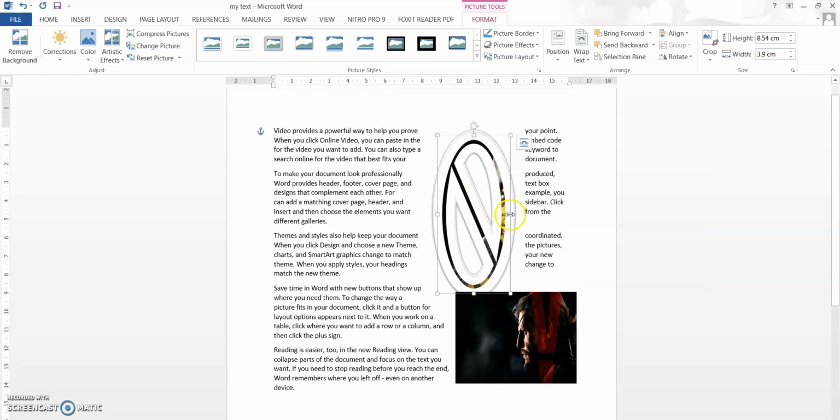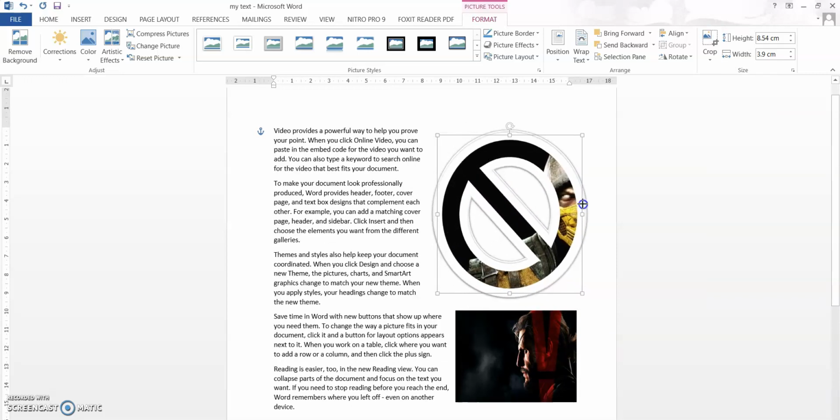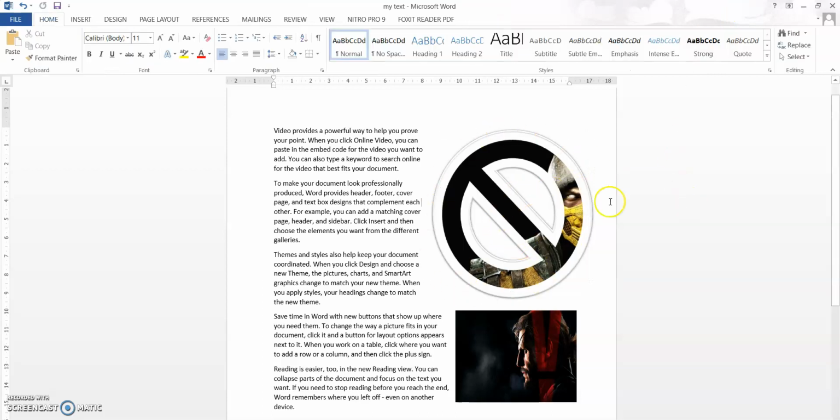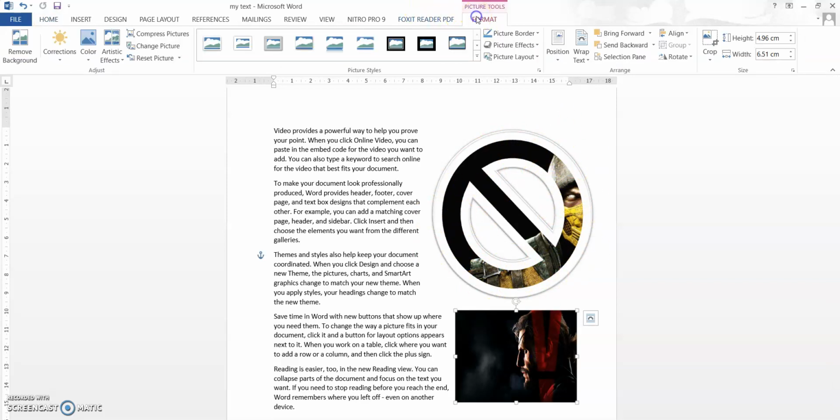See, like this the image will be kept, and if you want to do a do-not-cross sign, or if you want to make a wanted poster like this, you can do that. If you press crop again, then you can see that image will be cropped in that order. So this is how we can crop an image in a particular shape. So this is a very advantageous cropping option. And also you can adjust the size like this.